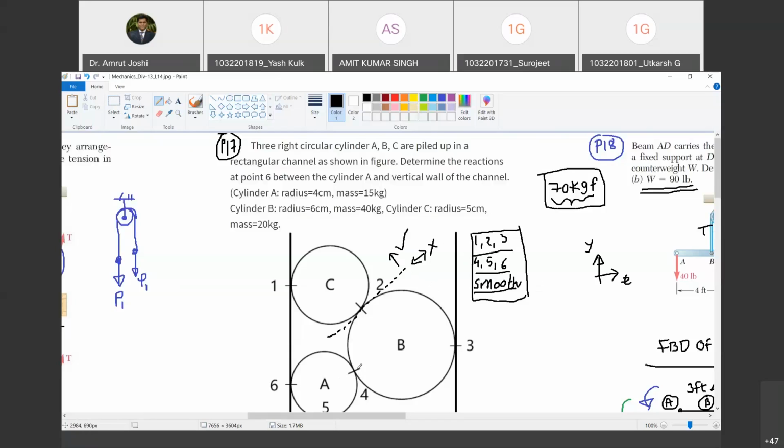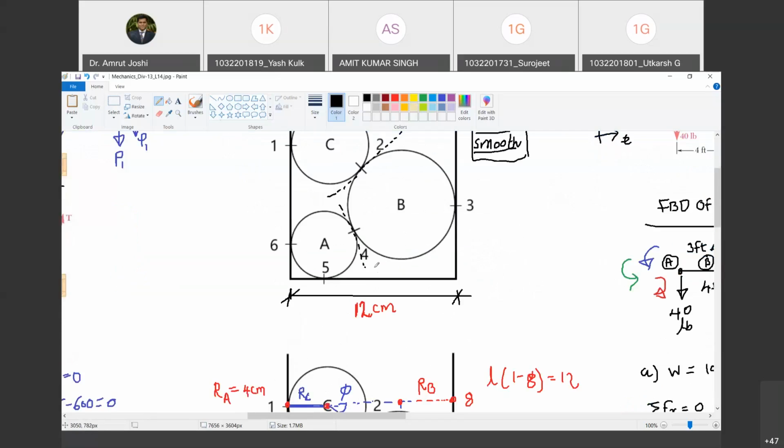Similarly, wherever spheres A and B are in contact, if I draw a common tangent, there cannot be any force reaction along the tangent because the surfaces are frictionless. But normal to this, there is going to be the reaction. Normal will be there, right? Are you with me?